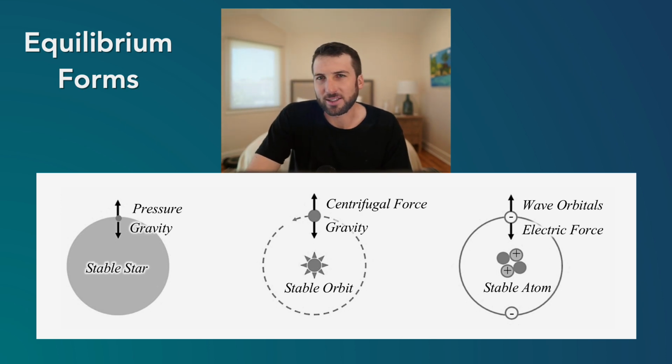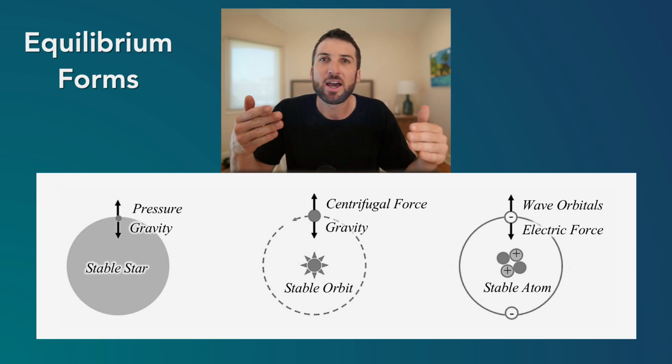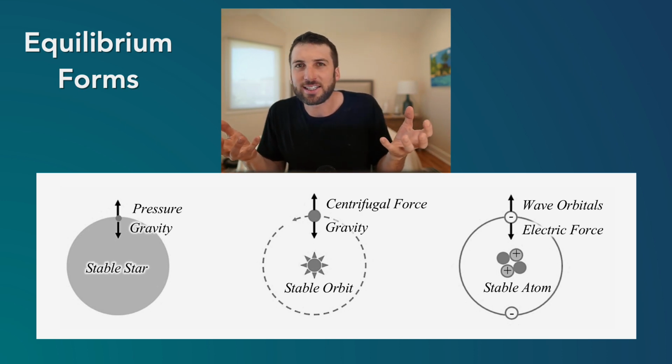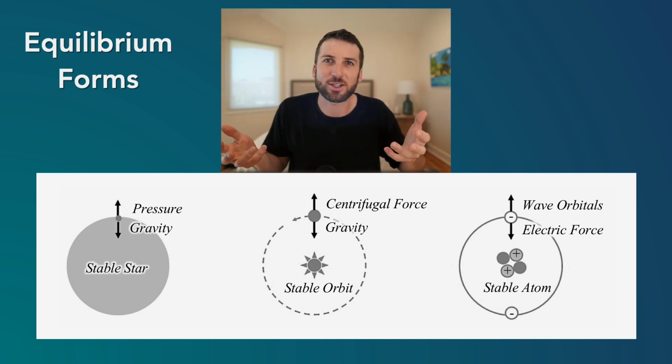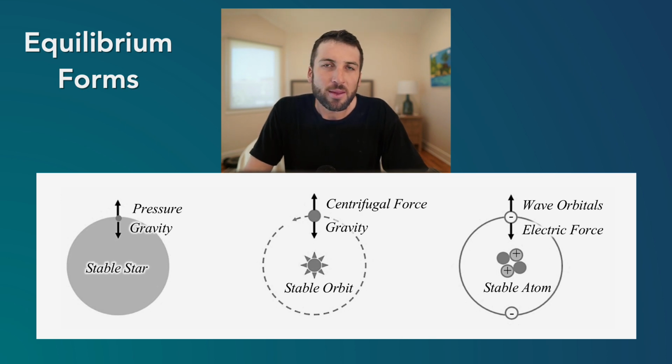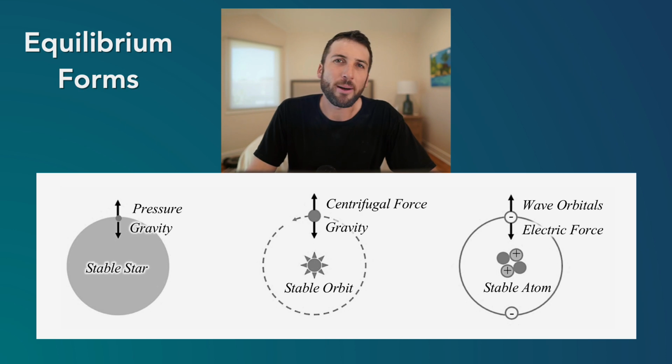And even in the atomic system. Now, these are a little different because these are wave orbitals. But when an atom has 2 positive charges and 2 electrons, it means the electric charge is equalized. And it doesn't have a tendency to want to grab another electron, or have too many electrons and want to give one off. So that's a much more stable form. Those are often thought about as the noble gases, when an entire energy orbital is filled and it's a neutral atom, not an ion. So these are all examples of how systems we see in nature are able to reach equilibrium. It's all about balancing the forces.